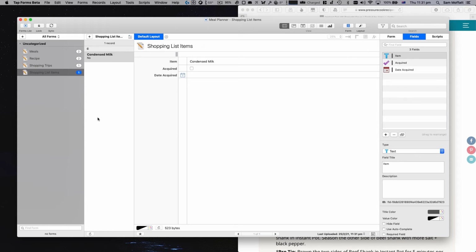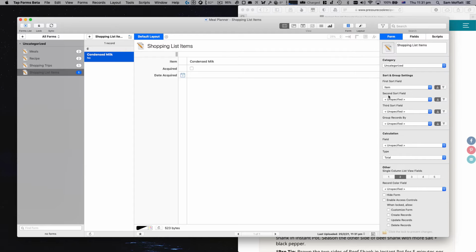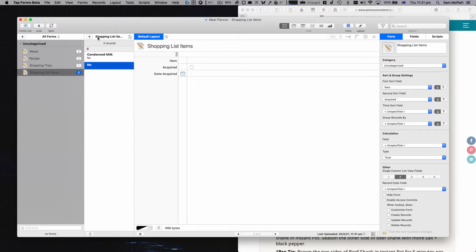Now, one of the common questions is how do I get rid of items or hide items that aren't really important anymore, right? And what we're going to do is a sort by acquired, and I'm going to add an extra entry here, and it's going to be called Campbell's chicken soup broth. We're going to say 4x chicken soup broth canned,